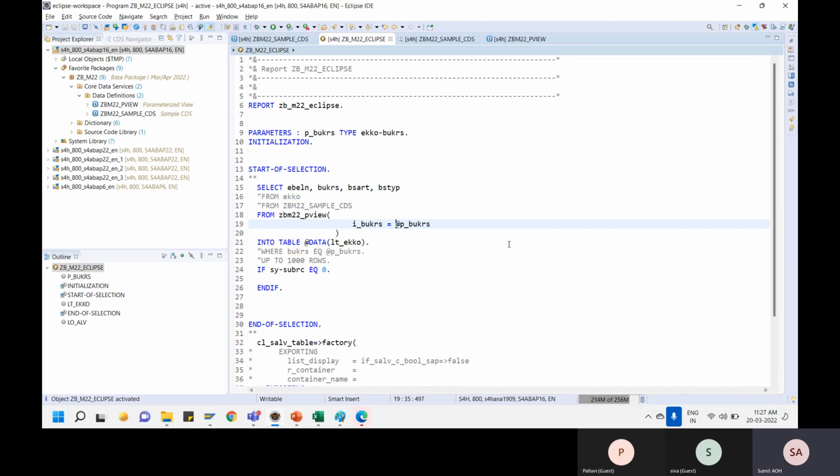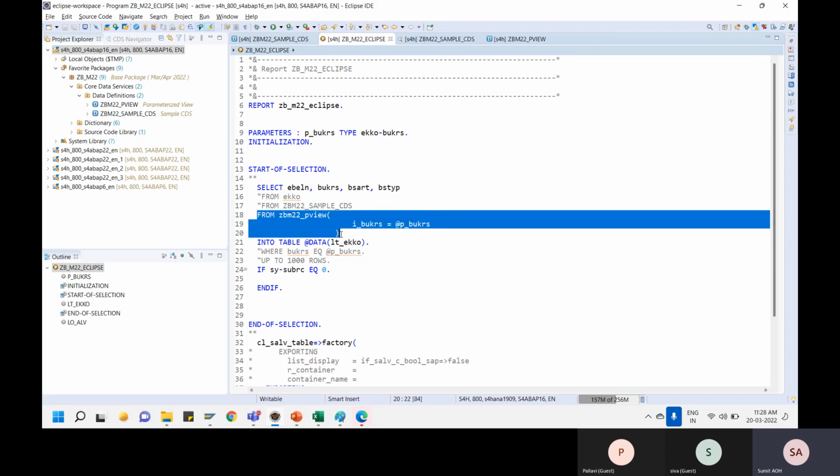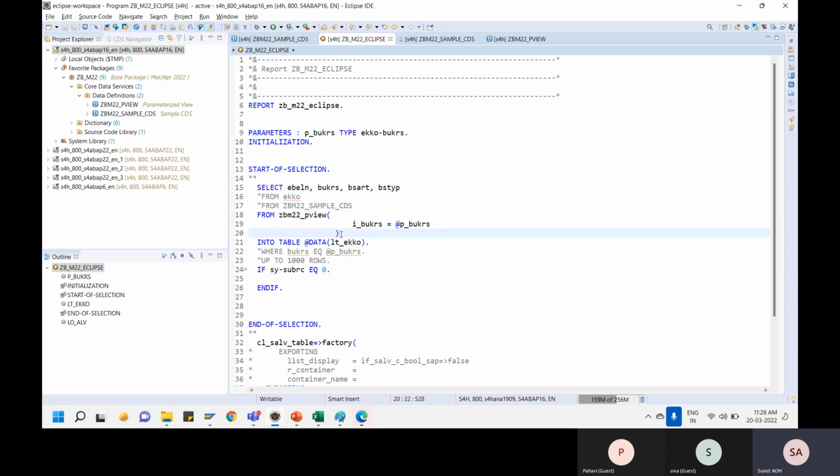So I say activate. I would be able to call the parameterized view. So this is how we call the normal view. It does not need anything. But a parameterized view always requires the parameters. When I say execute,